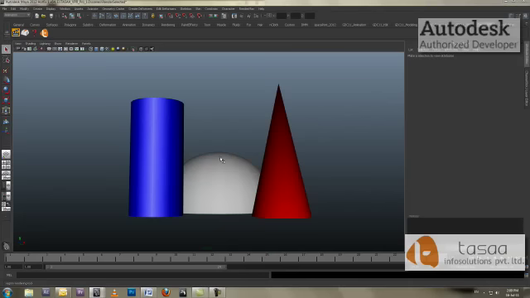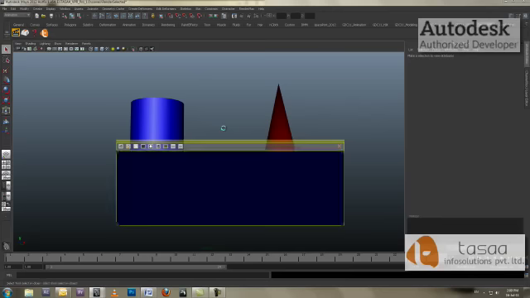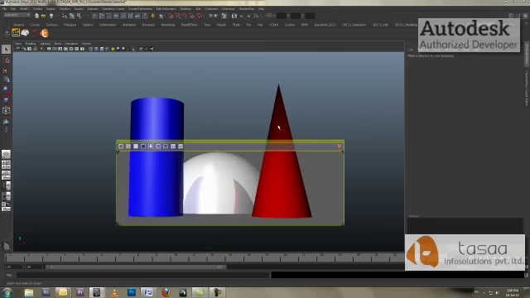So if I again invoke my VPR tool and if I frame this particular region and if I hit a normal render, yeah, you see that the blue and the red objects, they are casting a reflection onto my white object. But let's say in case I don't want to render the blue and the red object, but still I want to render the reflections. In other words, I don't want to render the blue and the red object, but still I want to render their contributions onto my white object.